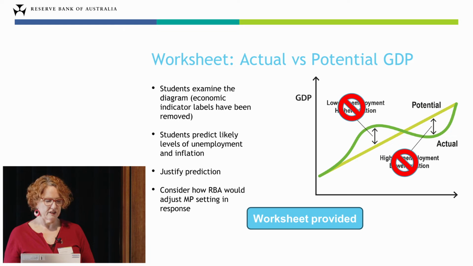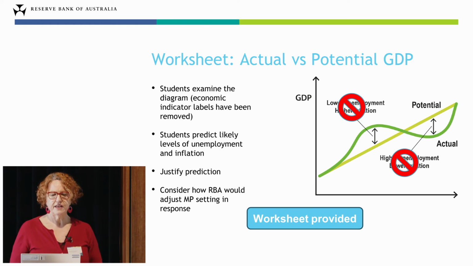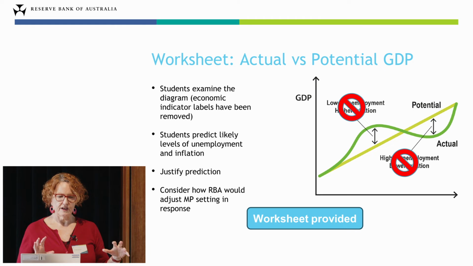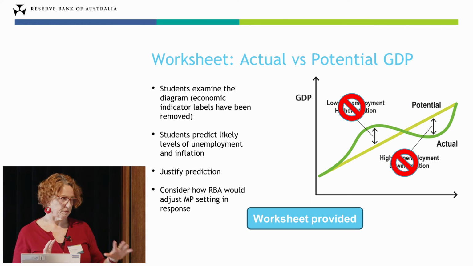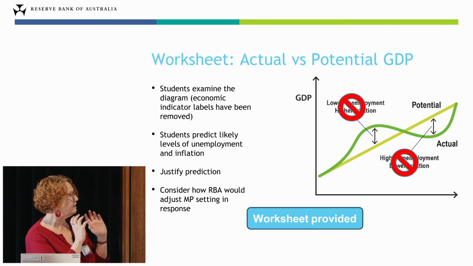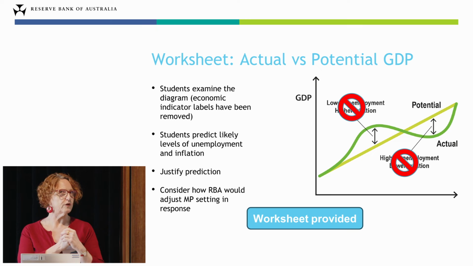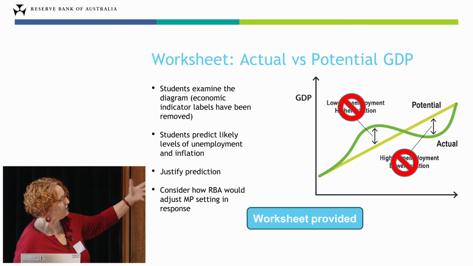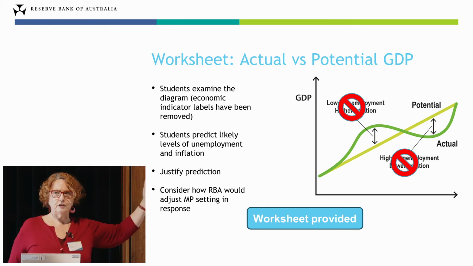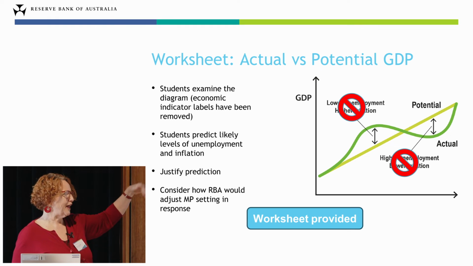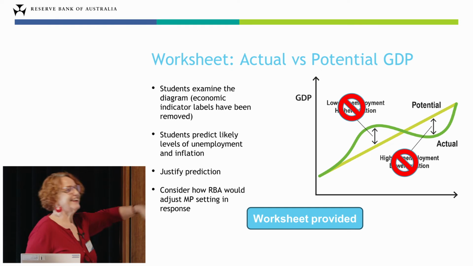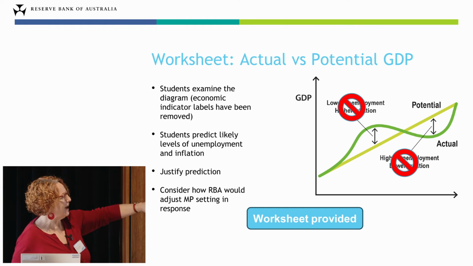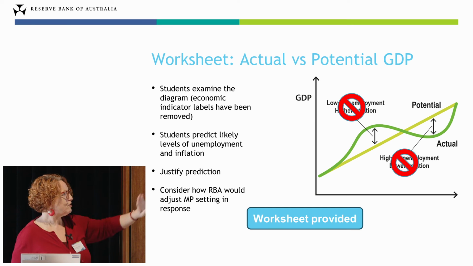Now, this sheet I don't have a show and tell version of, my apologies, but it is about that idea of actual versus potential GDP. I think it's on the Economic Growth Explainer, there is this graph. When I start teaching about counter-cyclical aggregate demand management policy at the start of Unit 4 in Victoria, which is basically fiscal and monetary,